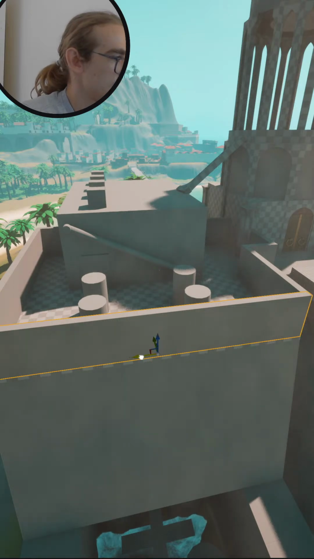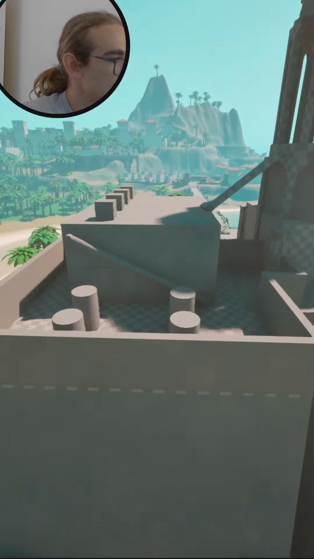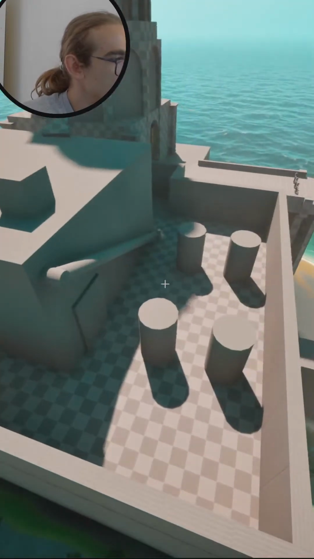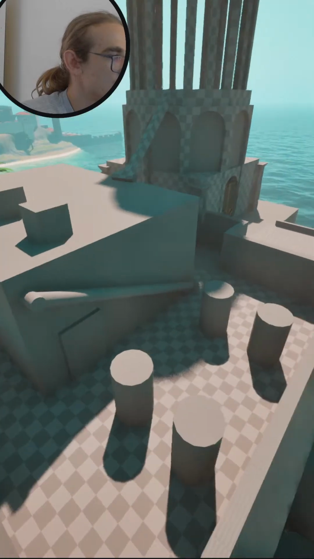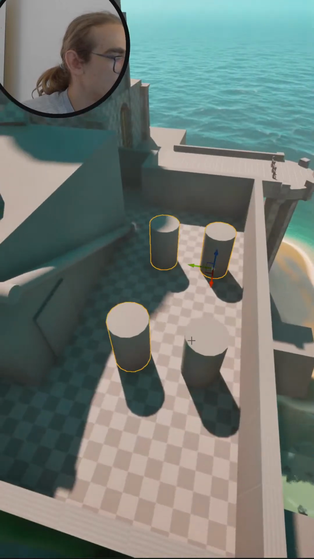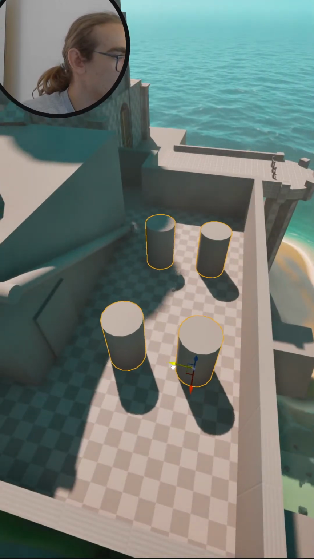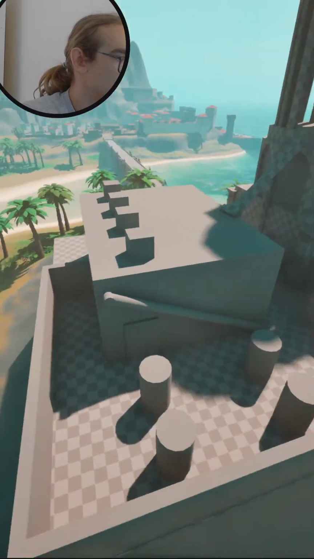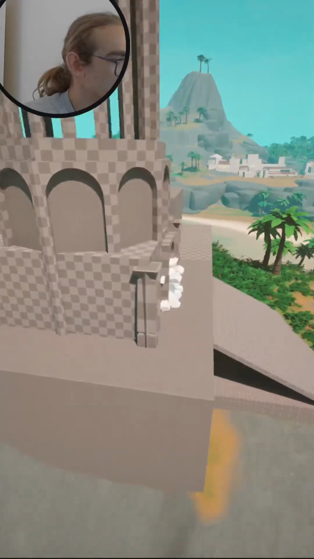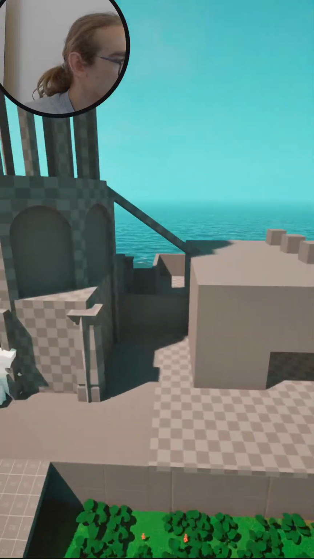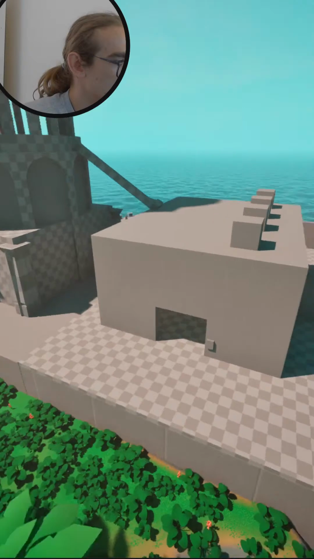So if you wanted something to do in the meantime that doesn't require you waiting on me, you can start on the second block out of the bandit city, or you can start on the castle. That would probably need more focus, like what I'm talking about. You could play with the mines if you wanted to, and kind of come up with what that looks like. That might be another fun one to do. But